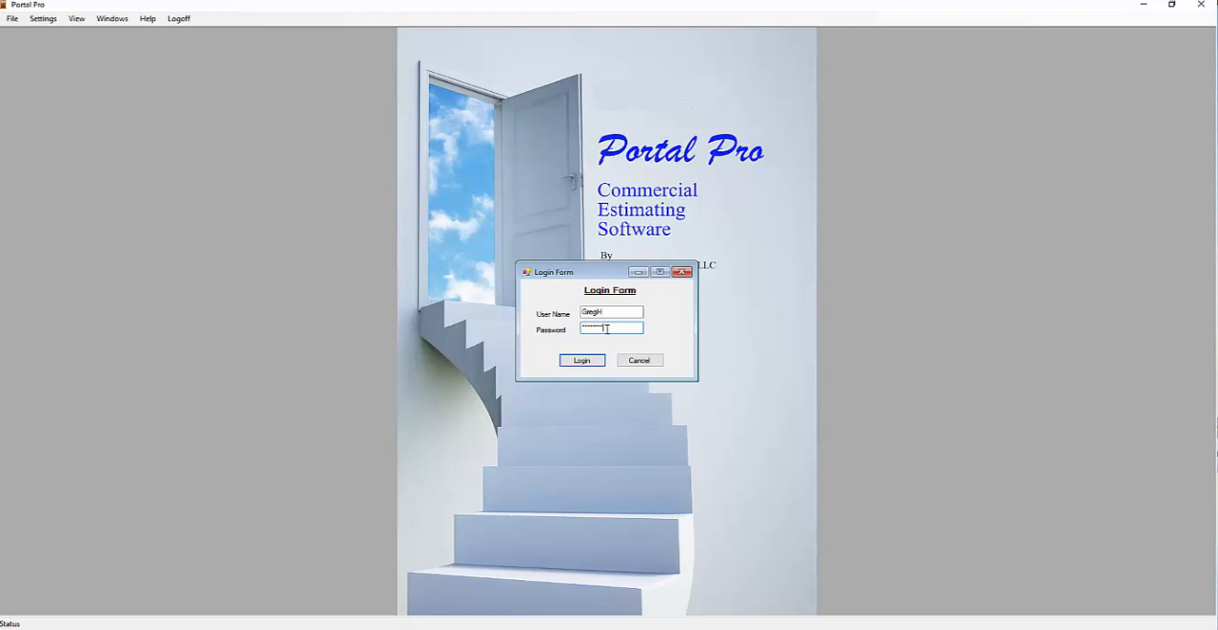Now, you can have one installation on one PC with Portal Pro and have an unlimited number of users. But for convenience's sake, it's best to have one login for every user on each PC that they use. So we'll go ahead and log in,